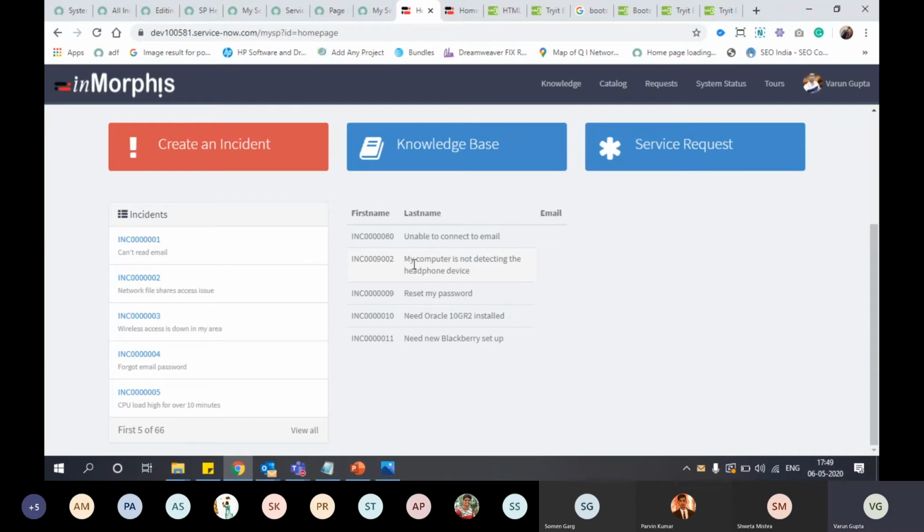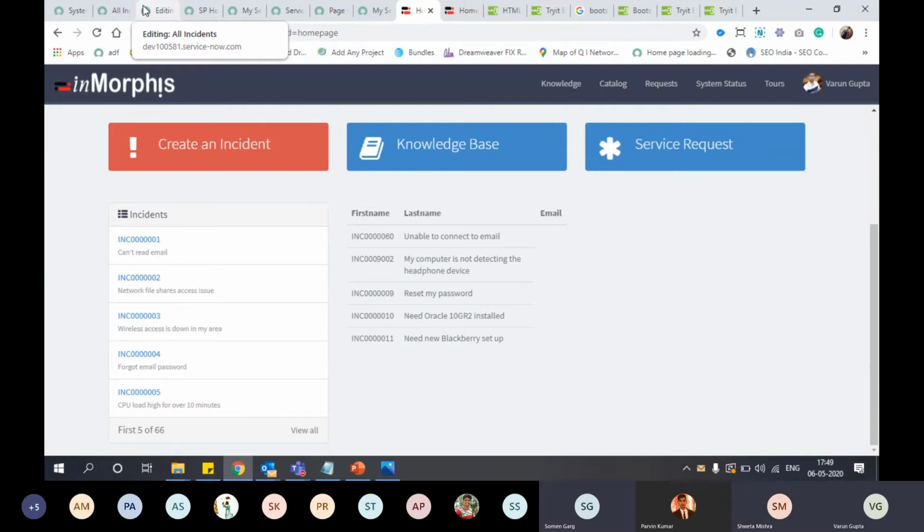In the next upcoming session, we will go to pro code. We will write all the client script and server script for the widgets. Okay, I think that's all from today's session.